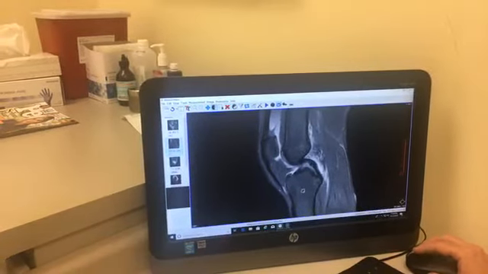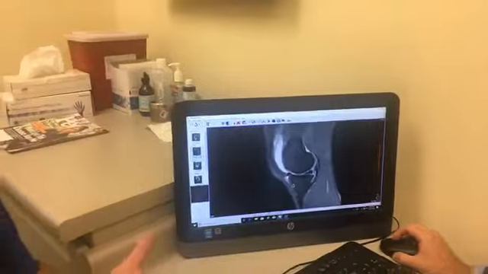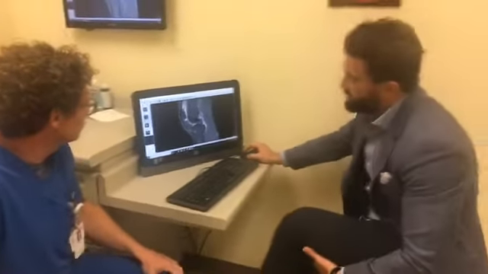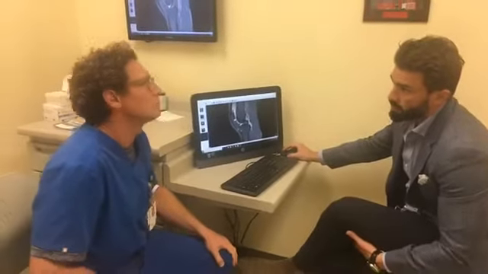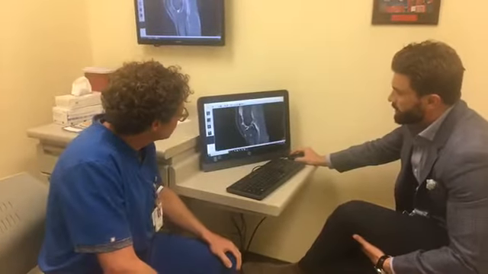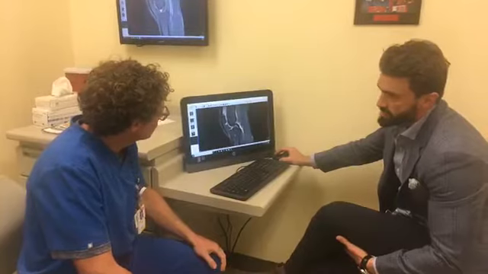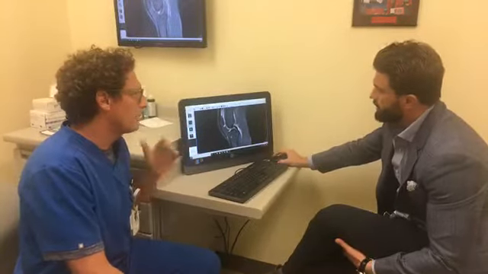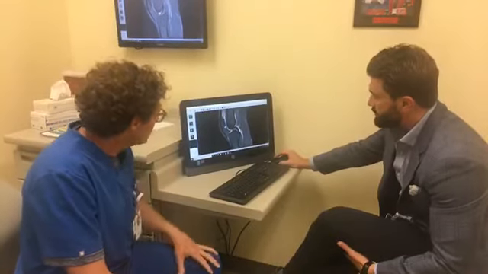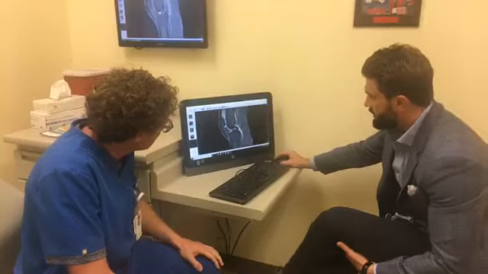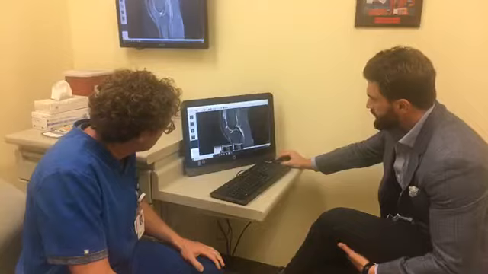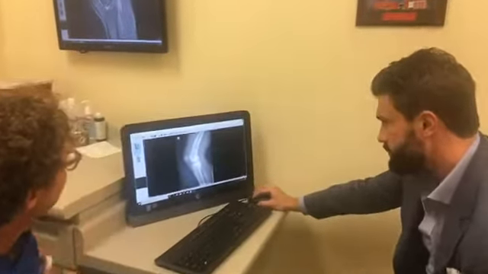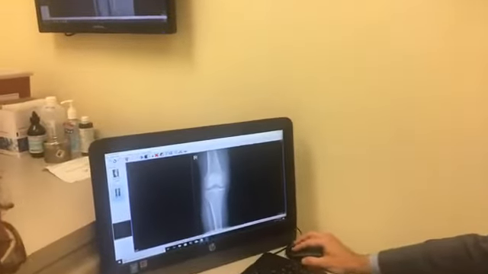What was the history with this one? Yeah, so this was a young man, early 20s, playing actually flag football with his school. So he came in after a twisting injury playing flag football and had an ACL tear. So have you repaired this already? Yes, yeah, we did. We repaired this one a couple of months back. This will be an X-ray image showing what that looks like after surgery.